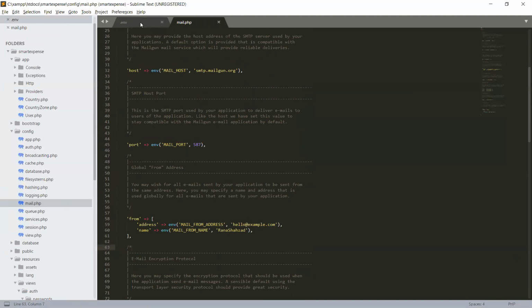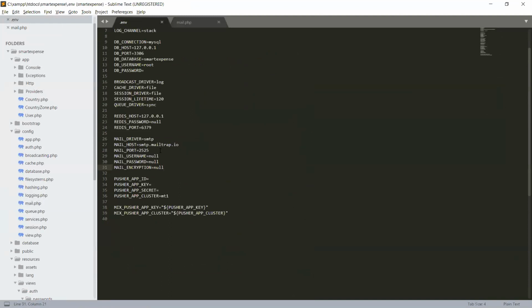So all the settings are here. In the environment file, you have to give your SMTP server.